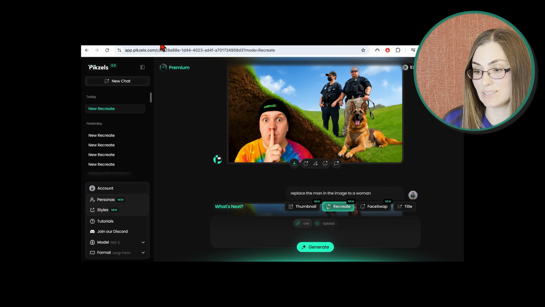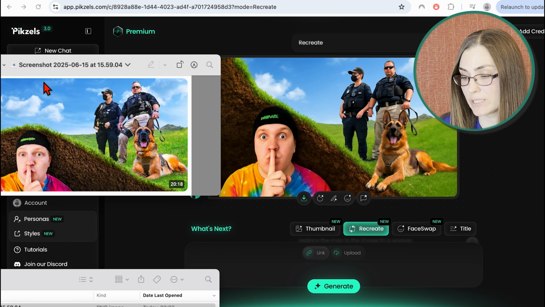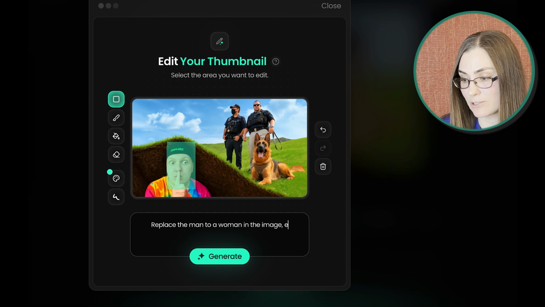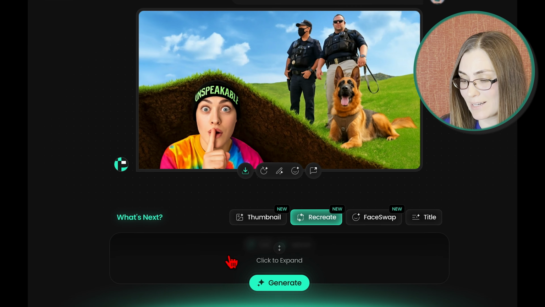And look at that, it nailed it. If we compare it to the original, it looks really close. To make it unique, we can easily tweak it. Of course, I'll do a face swap. Just like I showed you in the guide section, first I'll replace the man with the woman in the edit section, then swap the face. I can also add another policeman in the background for variety. Now it's a completely unique thumbnail.